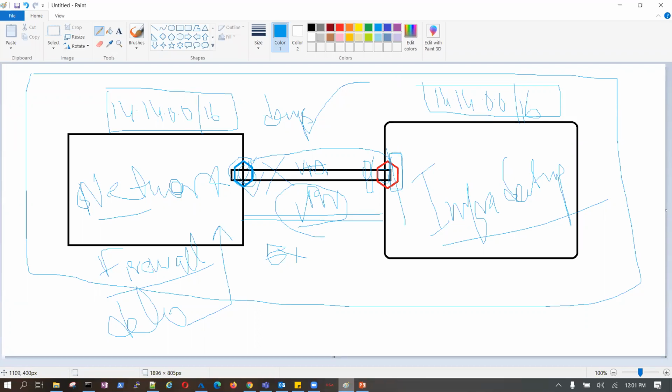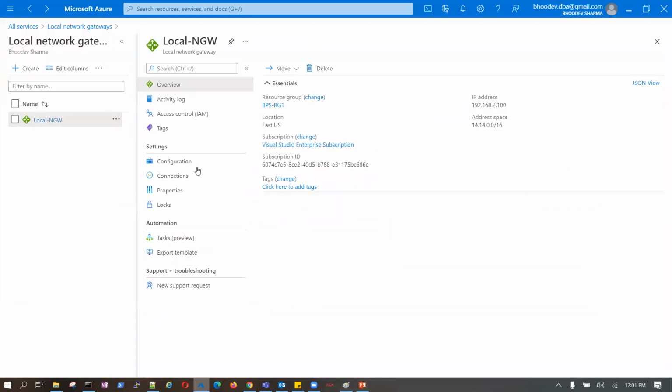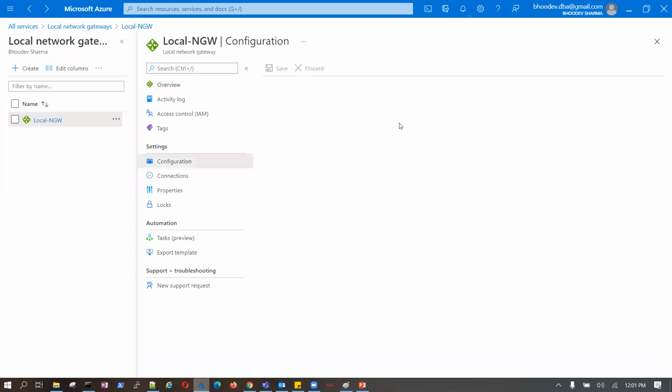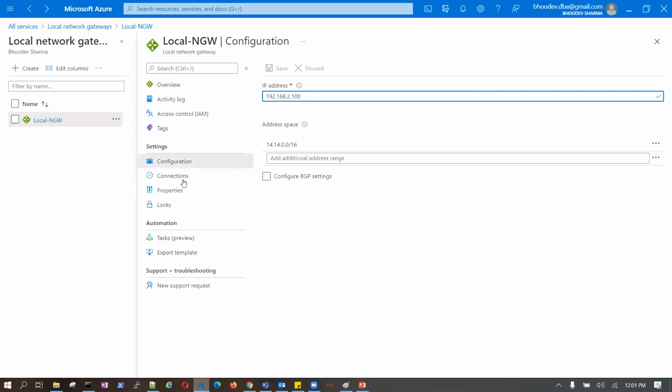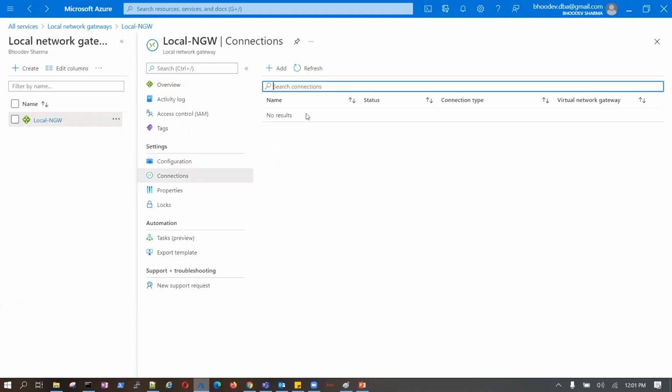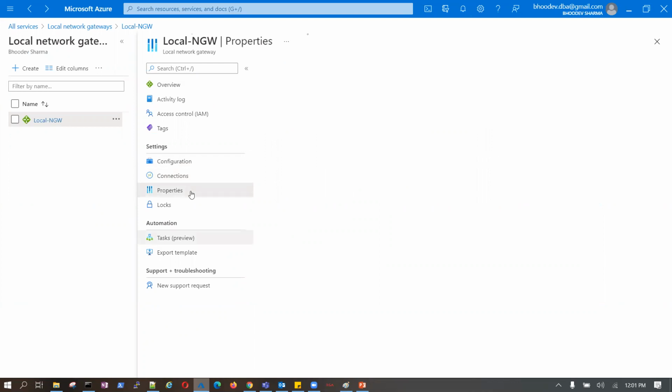I created it as part of the network gateway connection, but this is its purpose. Now if you look at the local network gateway configurations, the connections got filled. Then the normal properties come. Two important ones here are configuration and connections.